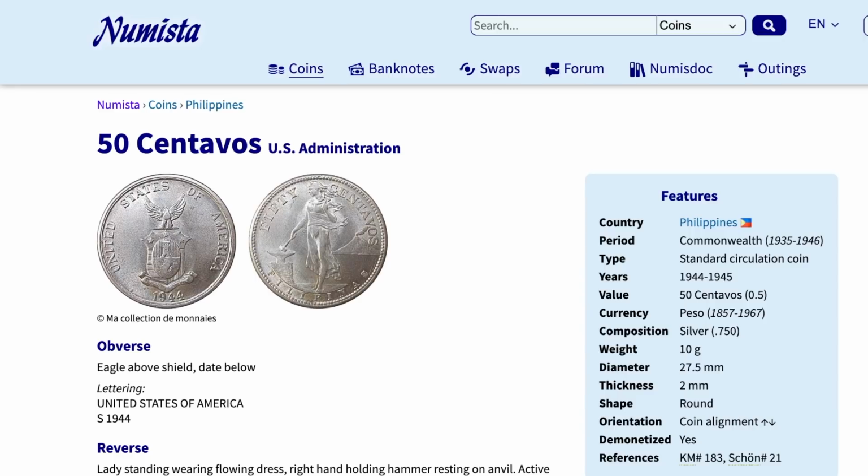what you're looking for, and you can see all the specs, everything from the metal composition, in this case it's silver, all the way to the diameter of the coin, the thickness, and everything else you could possibly want to know about it. Numista truly is amazing, but if you want to save yourself the time and headache, use the danged app! Now that you've identified the coin, you know the denomination, you know the metal content, now you need